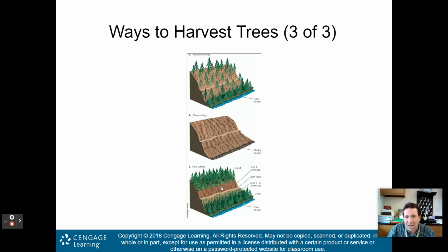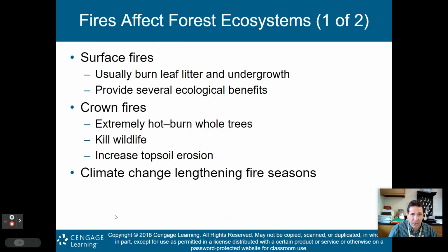And then you have strip cutting, kind of, I guess, in between the clear cutting and the selective cutting, right? Instead of cutting down the entire forest, you just take strips of it and cut down strips of it. But I would argue that still fragments your forest, right? So that still doesn't help with the biodiversity, doesn't help with the organisms living in that forest. So again, maybe this is a little better than clear cutting, the strip cutting, but you're still fragmenting your forest. The only type of cutting that doesn't fragment the forest is the selective cutting.